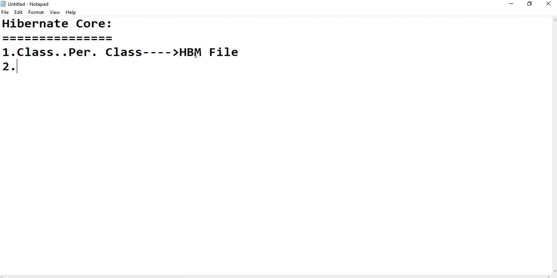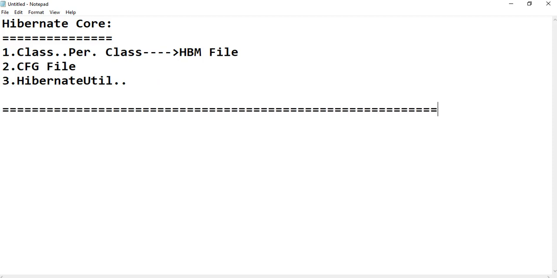Now again we were writing the CFG file also. Related to that, the third one is creating the session object and all other things from the session factory, which we were doing in the Hibernate util class. So now, related to all these things, what different changes are going to be done in the case of Hibernate annotations? This is the Hibernate core basic requirements as I have written, and the same thing we